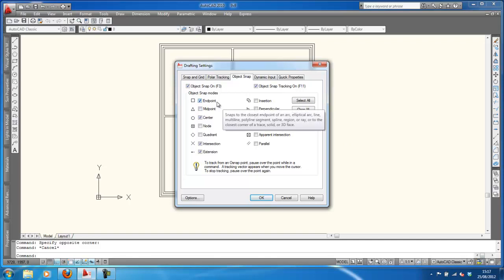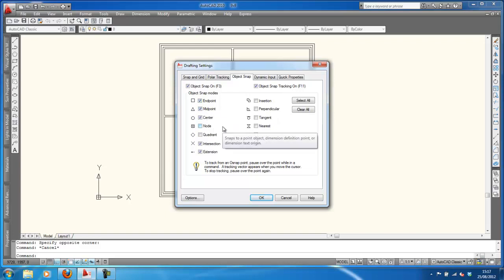So at this stage, the OSnap will act on endpoints, it will act on center, intersection of two lines, extension of a line. It will not act on insertion, on perpendicular, on tangent, on nearest, etc. Can I suggest that when you are working, minimum you would require midpoint, because you may be dividing things. Select the node, select intersection, which already is,